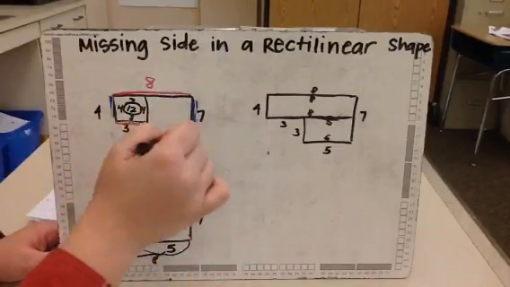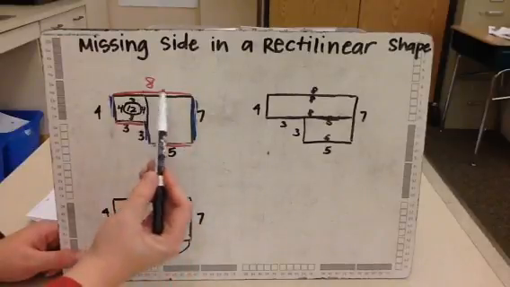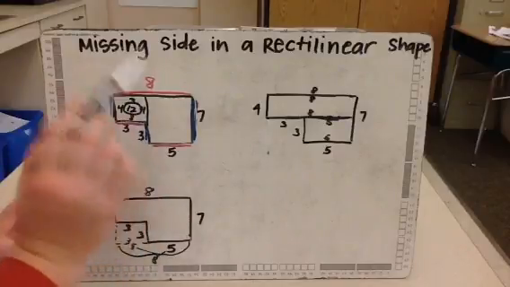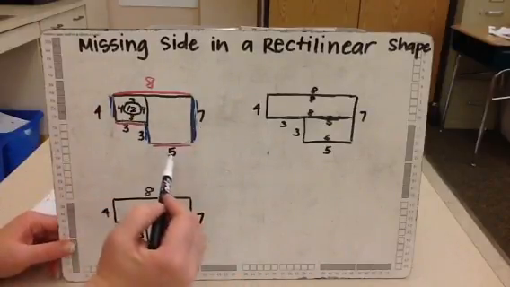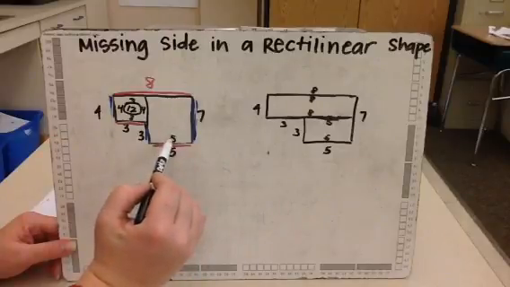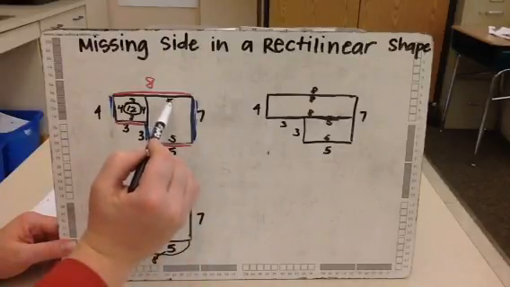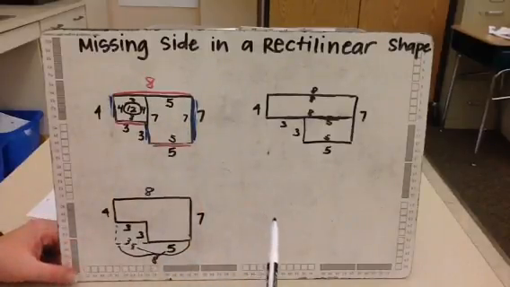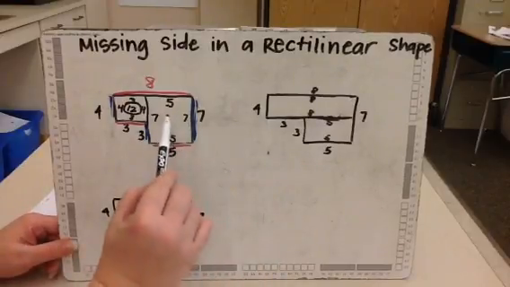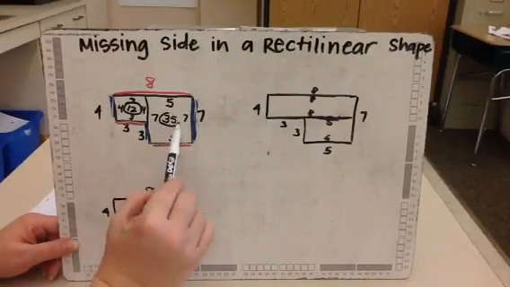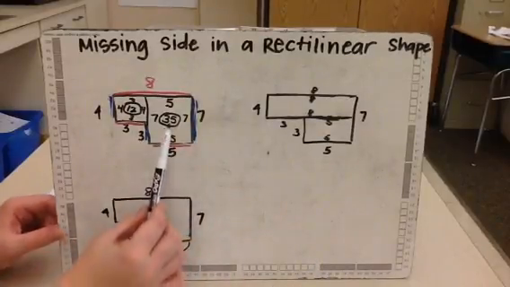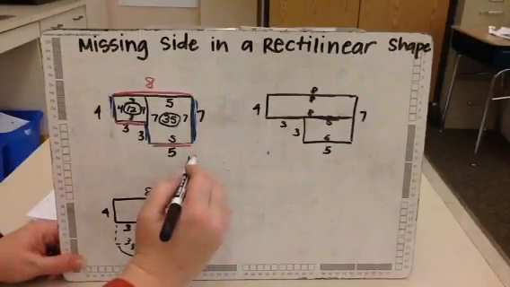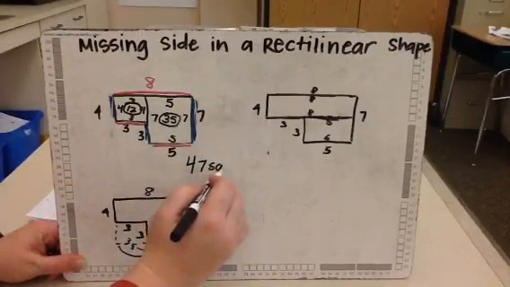Now let me go here to some safe sides to help me. Again, this 8 was broken up, so that's not safe. I'm not going to use that right now. This 3 was made longer, so I'm not going to use that one. I'm going to use this 7 and 5. This 5 stayed the way it was the whole time, so I'm going to use this, and then I'm going to make the opposite side. This 7 right there, so I'm going to make that, and then I'm going to use multiplication: 7 times 5 is 35. And then I'm going to add these two smaller areas together to find the total area. So the total area is 47 square